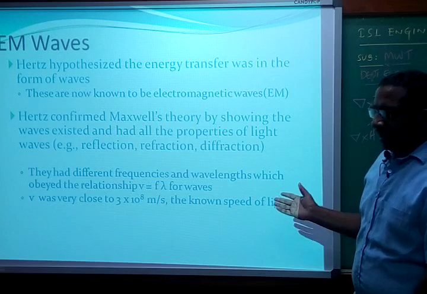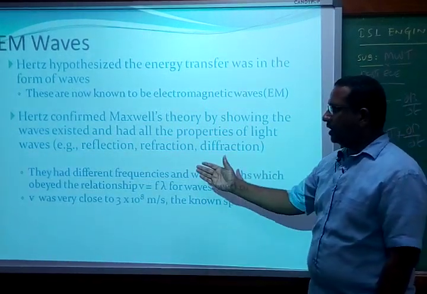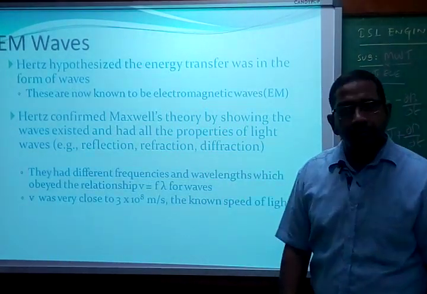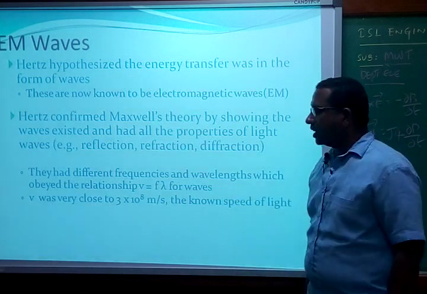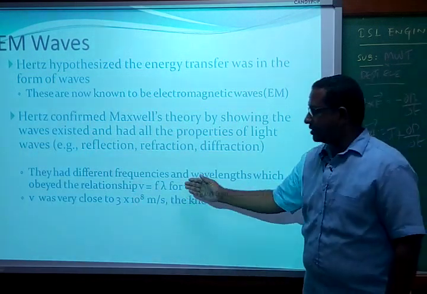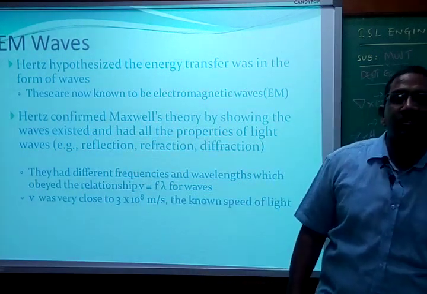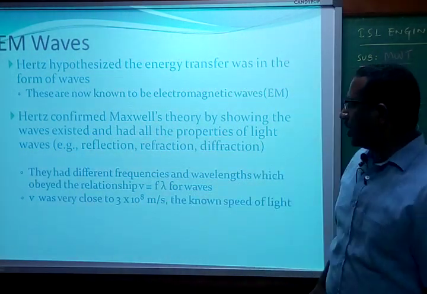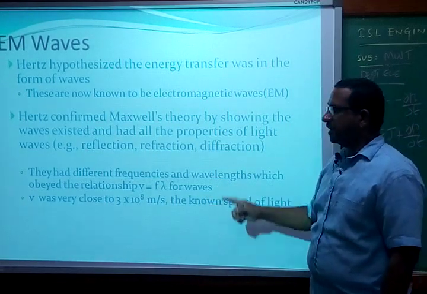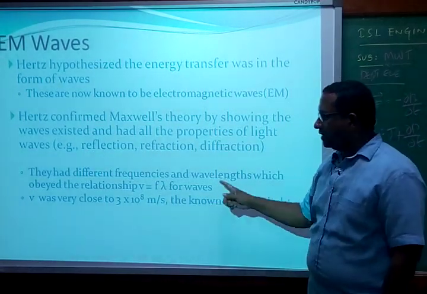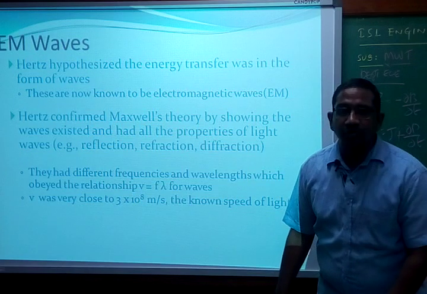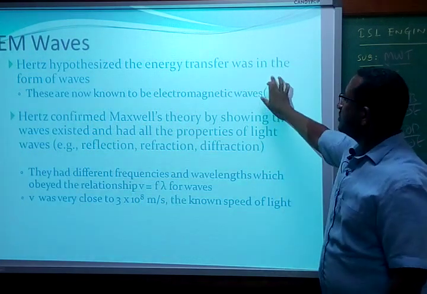Even though microwaves have different frequencies, all of them are governed by a basic equation, lambda is equal to c by f. We have seen this: lambda is equal to c by f. So all microwaves must compulsorily obey this equation, and microwaves normally travel at the velocity of light in free space.